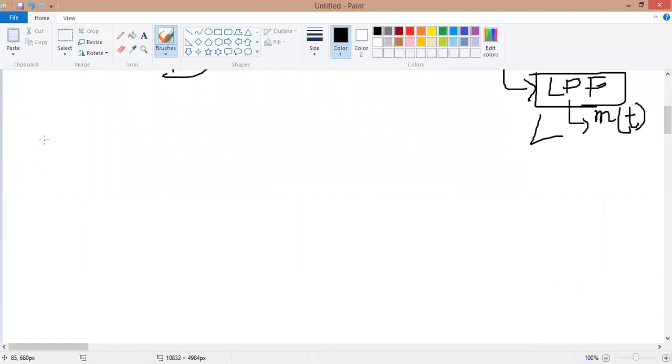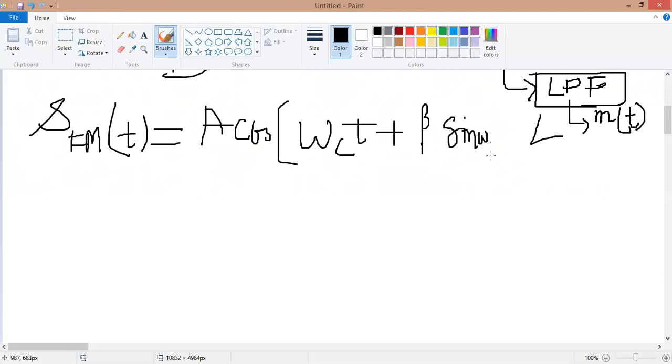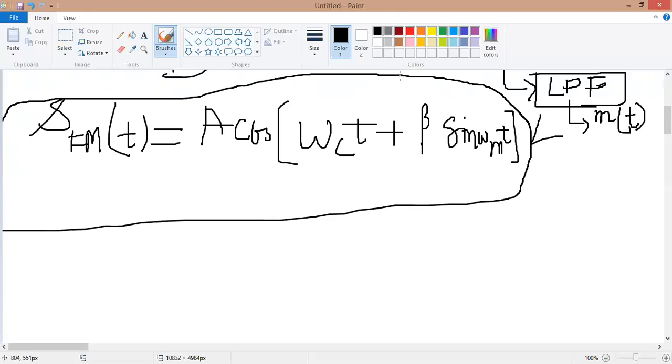Firstly, you can write your FM signal. That is very common. I can write it as A cosine(omega_c t plus beta sine omega_m t). This is the very common signal form, or pattern, of a frequency modulated FM signal. So